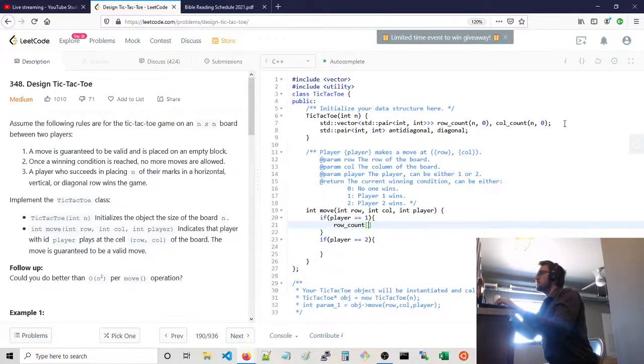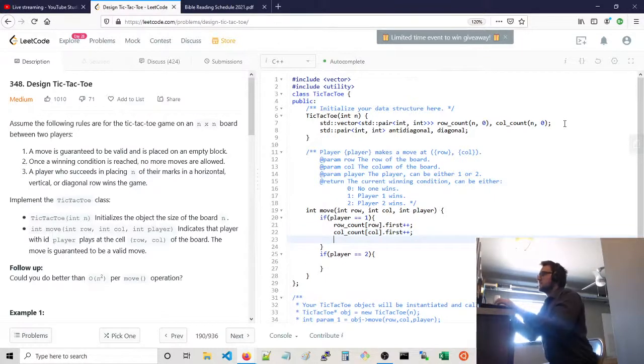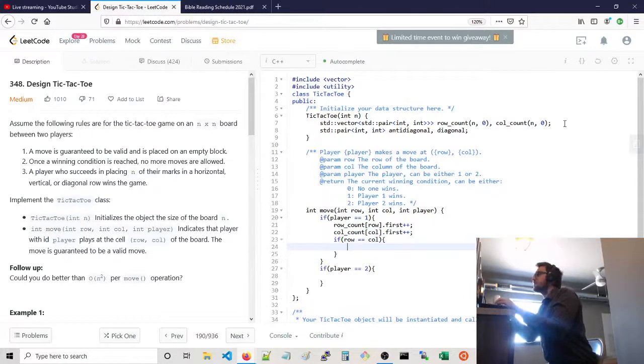Row count of row plus plus, column count of column plus plus, and if row equals column, anti-diagonal first plus plus, else if